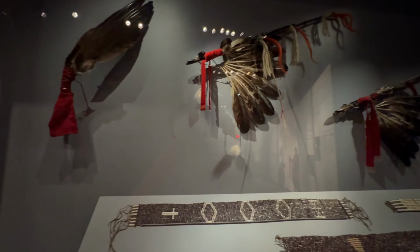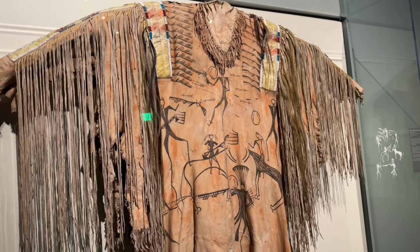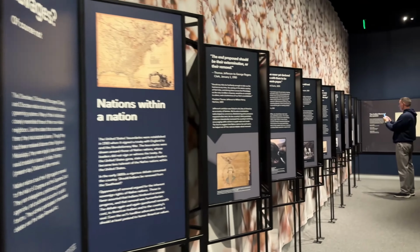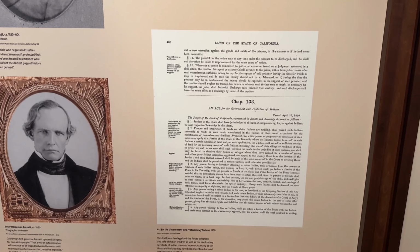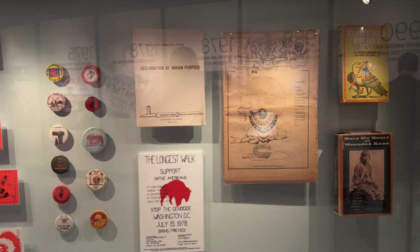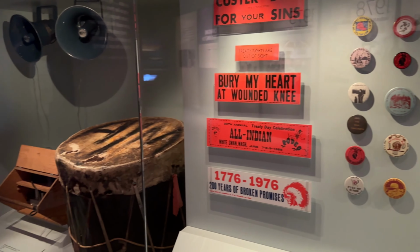If you're only imagining rows of baskets, towering totem poles, and painted bison hides, well, that's part of the story at this museum, but not really the whole thing. This museum takes a different approach. It's part history, part art museum. Less about displaying thousands of artifacts and more about telling the vibrant, complex, and often difficult story of indigenous communities